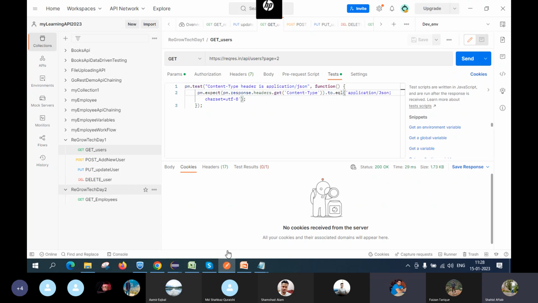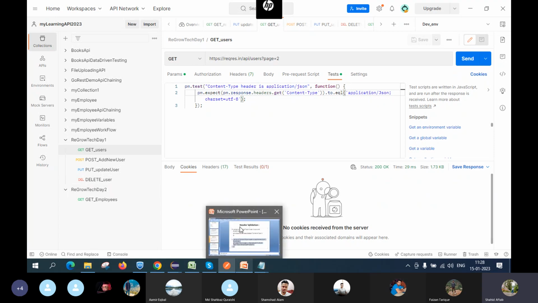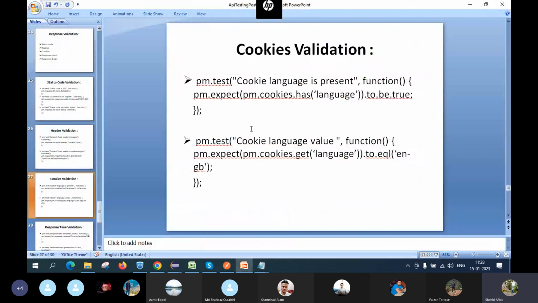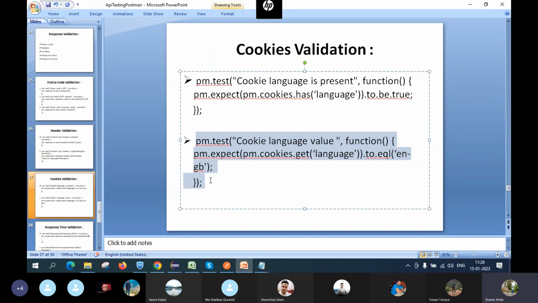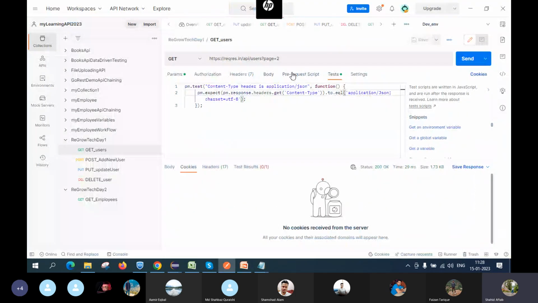पर उसके लिए हम फिर भी कोड बता देते हैं। अगर कुकीज को चेक करना है, ठीक है, तो कुकीज का वैलिडेशन कुछ नहीं है, ये नॉर्मल सा होता है। वो तुमको सब डिस्क्राइब किया हुआ रहेगा, like you will be having all the description. If you want to check the cookies, तो वो पता होगा like what will be your cookies, okay, then the value of that particular cookies. So if you want to just see like cookies, because cookies are not being able to generate here, so ये पास करना फेल करना थोड़ा सा मुश्किल होगा चेक करना, ठीक है।